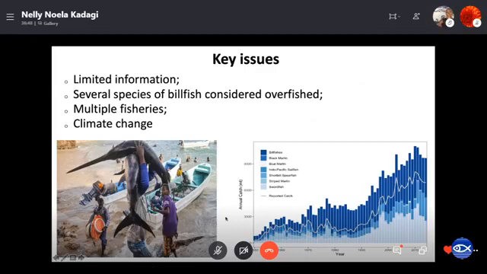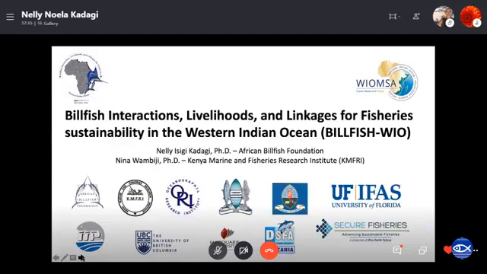And so when you look at those pictures, the picture on my right of the slide is what we are seeing in terms of the numbers of billfish that have been caught since the 1950s. And this is mostly industrial data coming from large-scale fisheries. We still have a lot of gaps when it comes to recreational and small-scale fishery in our part of the world. And so with these key issues, we have to keep asking those questions.